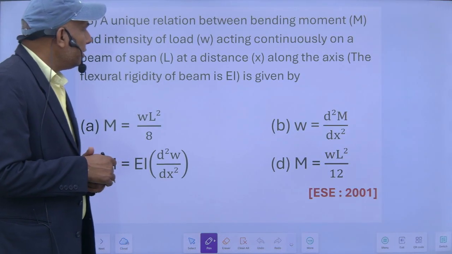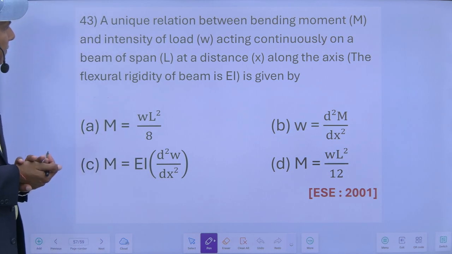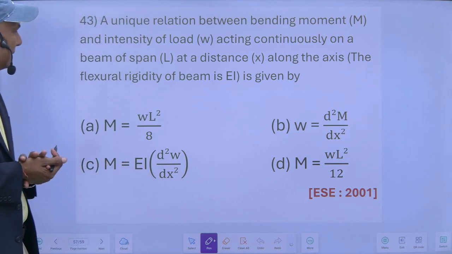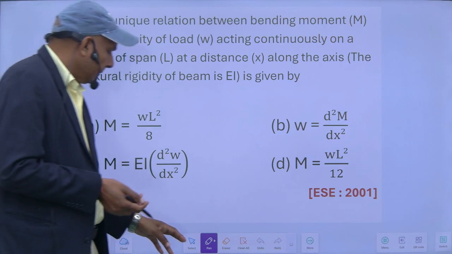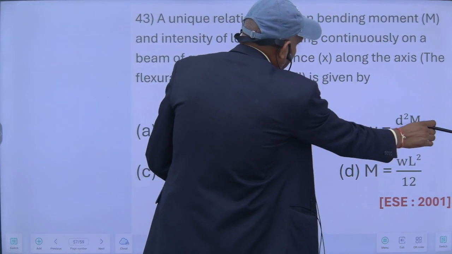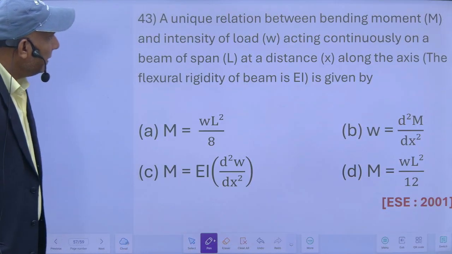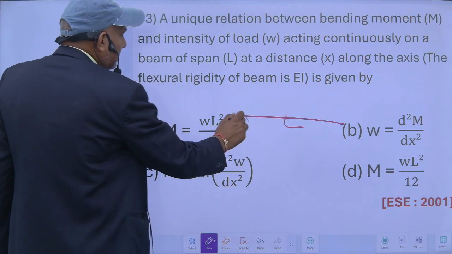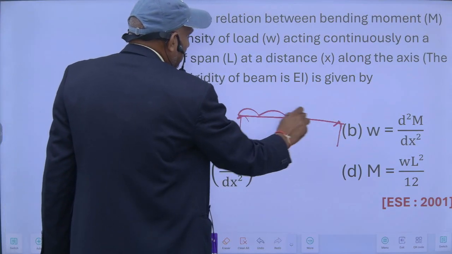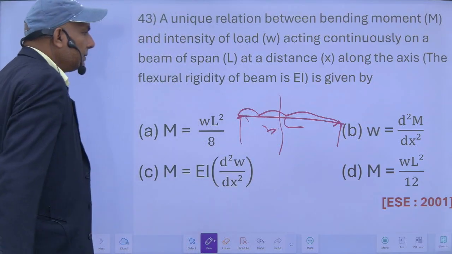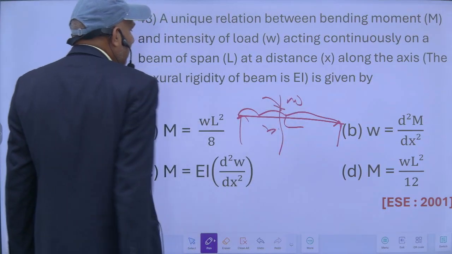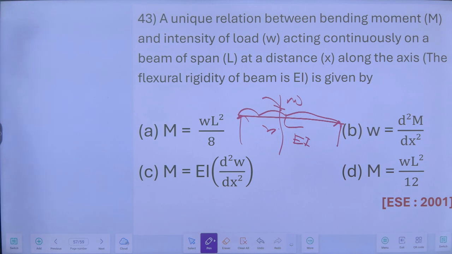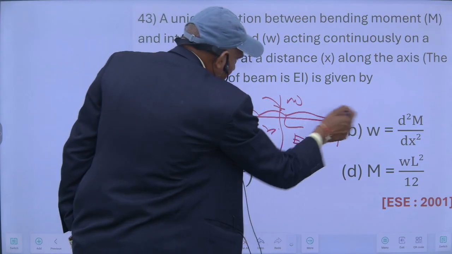A unique relation between bending moment M and intensity of load W acting continuously on a beam of span L at a distance X along the X-axis, flexure rigidity of the beam is EI. This is a beam. Suppose at X distance the intensity is W. So the unique relation is which one? As we know,